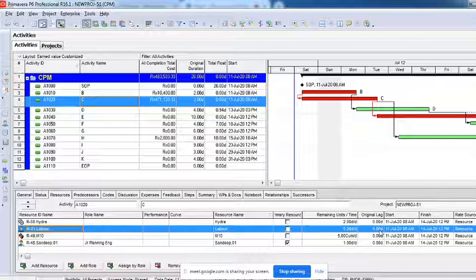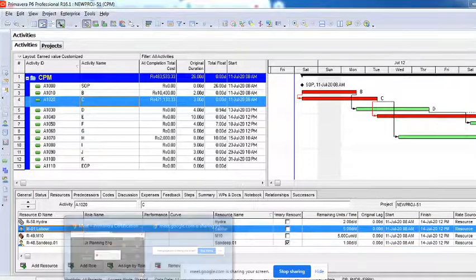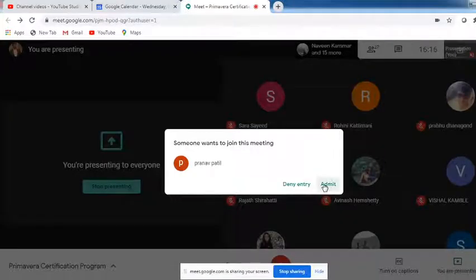Very simple. Units per time, in the sense of per day. For example, if I am talking about 10 units, that is 10 laborers, right? Now, per time means, for example, 10 laborers working 10 hours per day. So what we get is 100 hours. Into duration, let's say this activity is for 10 days. So the work is equal to 1000 hours. 10 into 10 into 10. 10 is the labor, 10 is the hours each works per day, equal to 100. So 100 into 10 days is equal to 1000. So we have 1000 hours of work for that particular activity for 10 days. That's how you have to understand it.